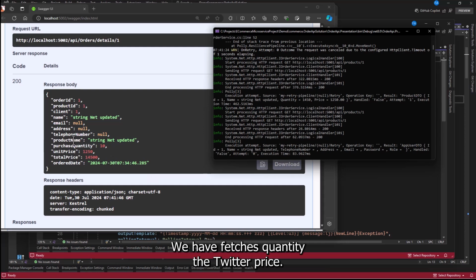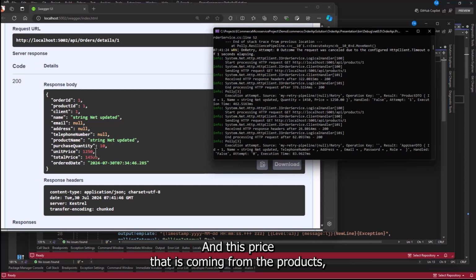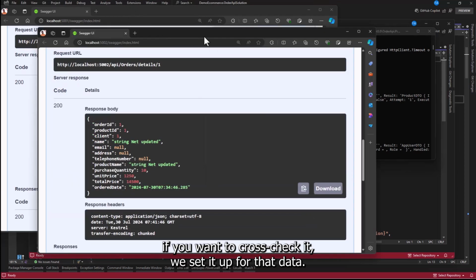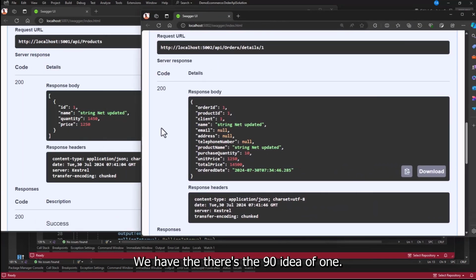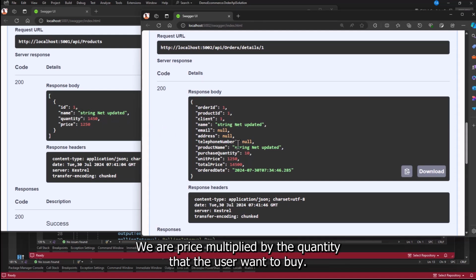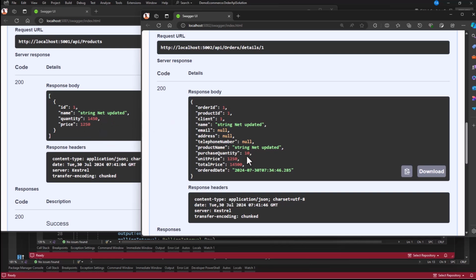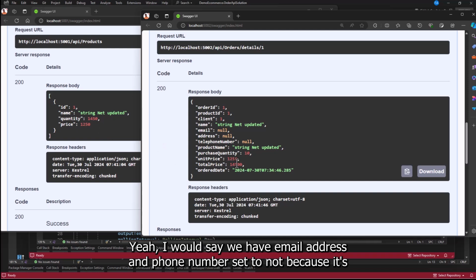We have purchase quantity, the total per unit price here, and this price here is coming from the product. So if you want to cross check, you will see this is a product detail. We have there's an ID, so a product ID of 1. We have quantity, and that is set. We have price multiplied by the quantity that the user wants to buy, that is 10, and we have them set up in here. Yeah, but you can see we have email